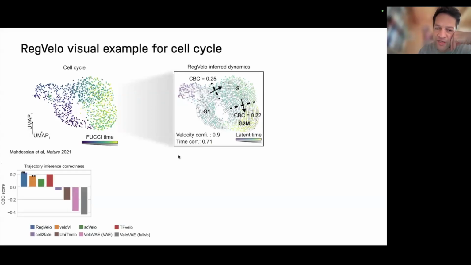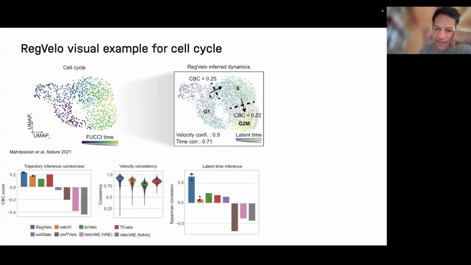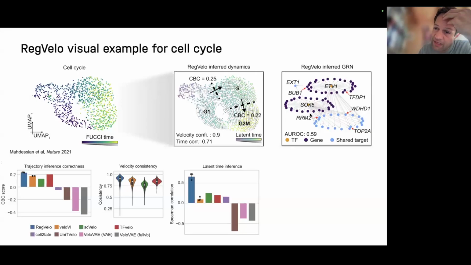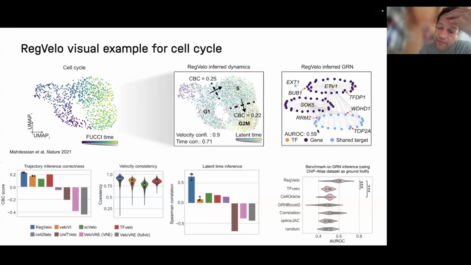We came up with a bunch of metrics to quantify them, and we can compare these metrics of our approach with some existing methods, and we do a very good job. We can quantify consistency as well as this latent time, and by putting together these two aspects, the regulatory network as well as the dynamics, we do a good job. But we can also look at the regulatory network that's being updated from the dynamic estimation. And we can see what states we estimate here. And we see also here that the model is doing a better job than existing approaches. So that's what we hoped, and I think we can show to some extent, it gets you the best of both worlds here.